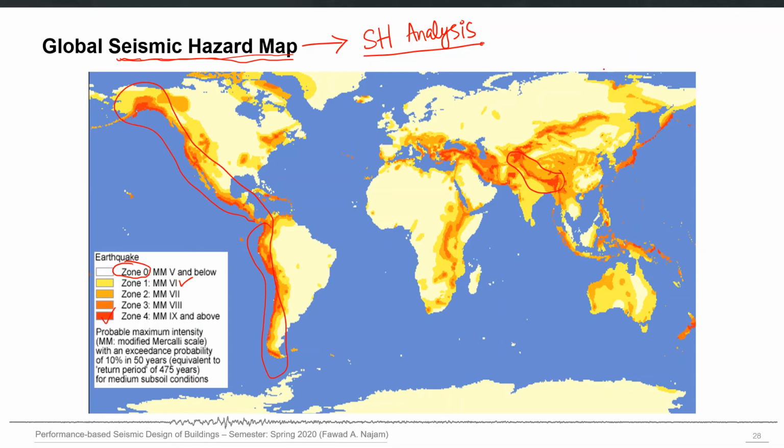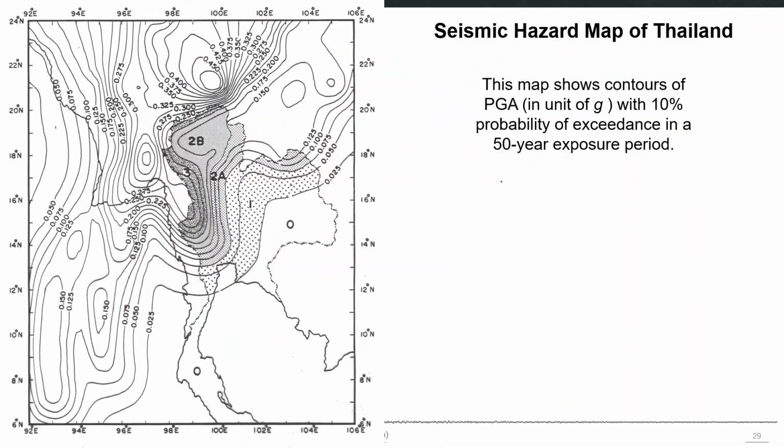So you can develop the hazard map of any particular area if you can carry out the seismic hazard analysis of that area. For example, this map is the seismic hazard map of Thailand, and it tells us the level of future ground shaking which can be experienced at certain locations in Thailand. It is developed as a result of the seismic hazard analysis of Thailand. The numbers here are the peak ground accelerations in units of G. For example, 0.15 means 0.15 G.